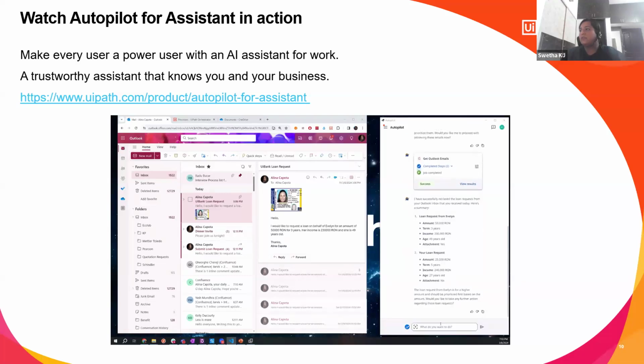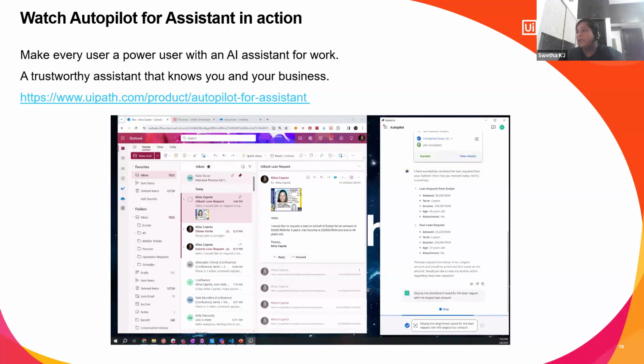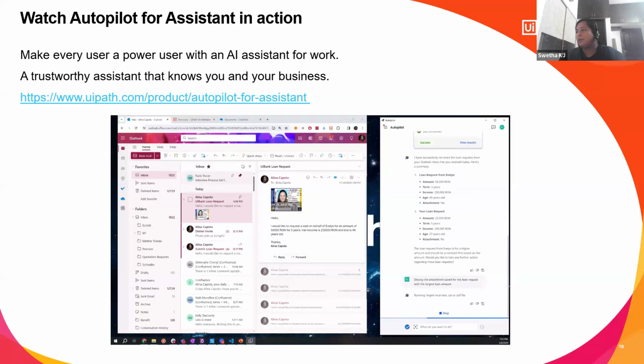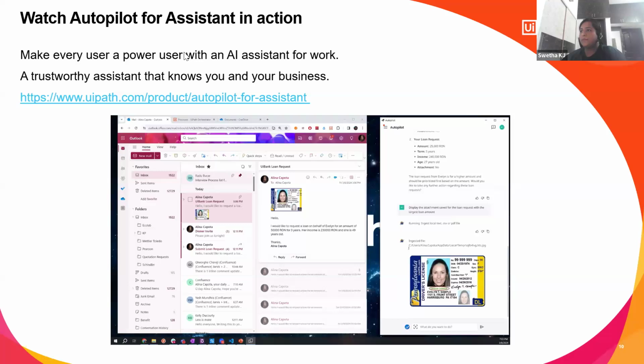Great. So it has given a loan request from Evelina and your loan request too. Apparently the user has also sent a loan request. Good. And now the user is asking for the attachment also. If you see, everything is being picked from the backend, that is Outlook, and posted to your autopilot chat window. It's not necessary that you have your Outlook or any third-party application open by your side. It's just the integration that is happening from behind.